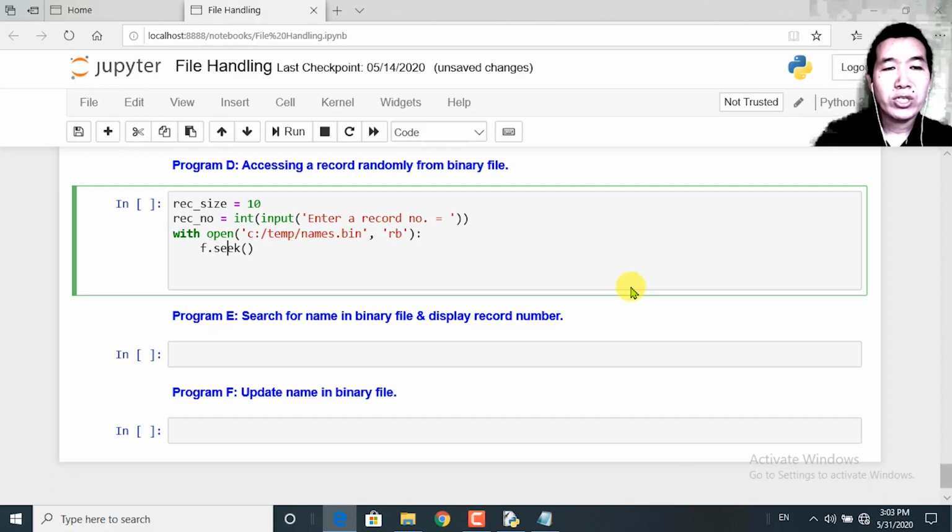Okay, the question is, this f.seek will have to play with the file pointer such that it points to the specific position. So it has to be like f.seek. So can I do something like this? Record size, and then multiplied by record number minus